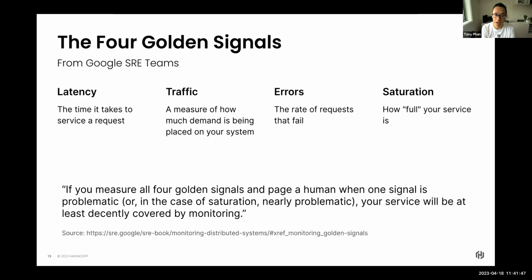and saturation as well, how full is your service? It's a measure of your system's fraction of capacity, emphasizing the resources that are most constrained. So if it's an in-memory constrained system, you look at memory. If it's IO constrained, like a database, you look at IO and so forth. So these are the key measures